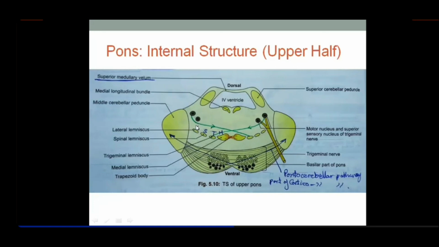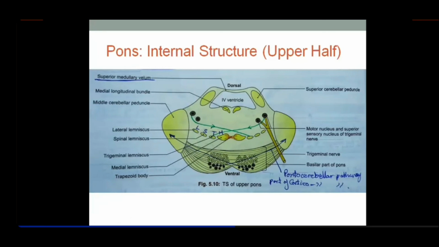The vertical fibers, the white fibers, are placed. Look here, the only gray matter we have already studied here is the trigeminal nuclei. Now we'll talk about the white matter. White matter, as I told you, trapezoid body, again it's a part of the auditory pathway. The second order neurons from the cochlear nucleus reach the opposite superior olivary nucleus.